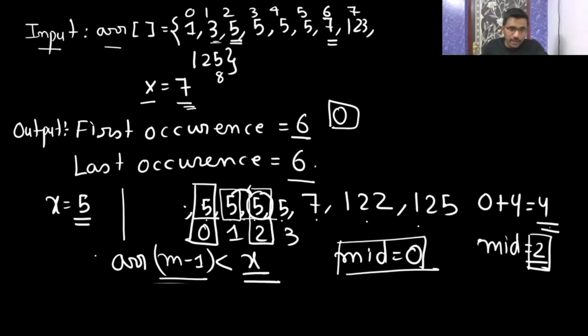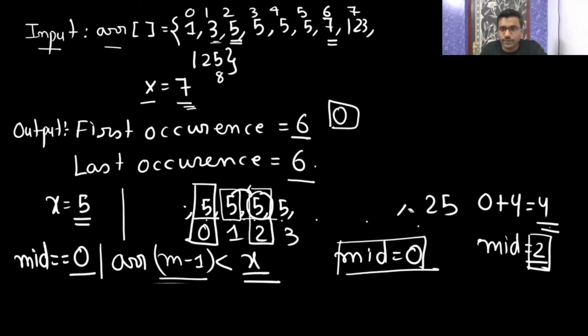It means now at that time you need to check, is mid equal to 0? Means, if you are having 5 only, and you are searching 5, then the first occurrence of that element is going to be 0 only, na? Are you getting it? If I give you an array which has only 5s like this, then the first occurrence is this one, and the last occurrence is this one. But now I am concentrating on the first occurrence, so this is the first occurrence. Am I clear? Please let me know.